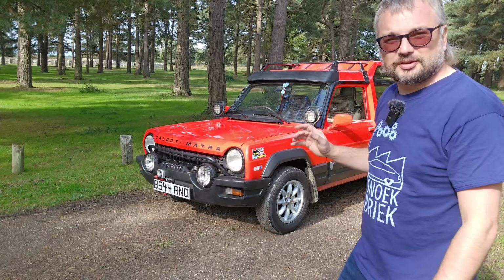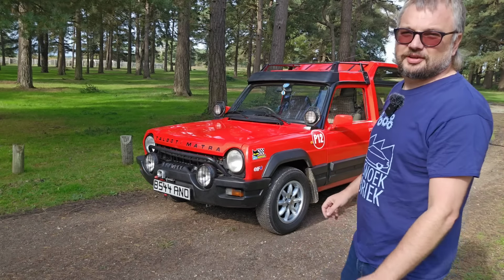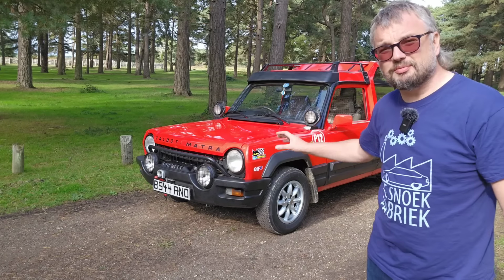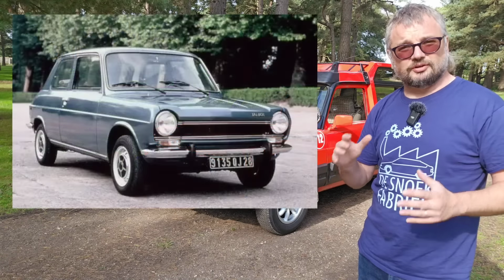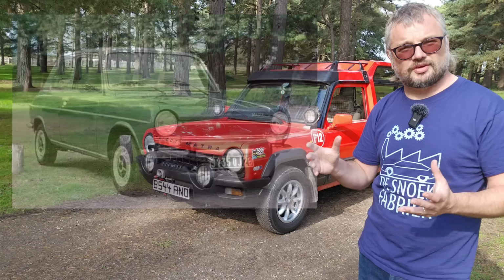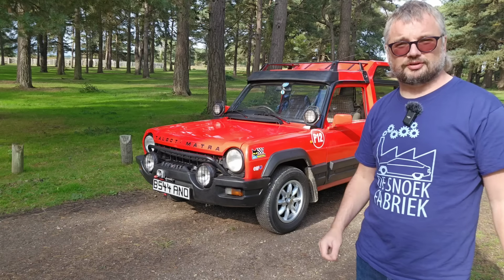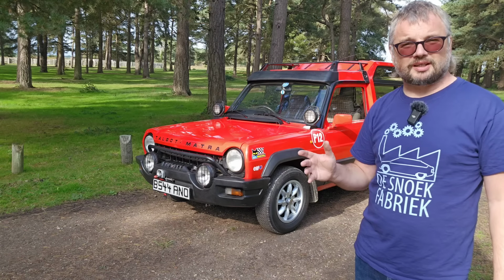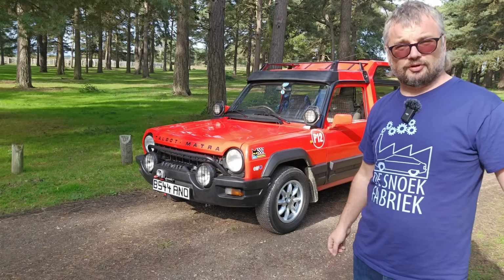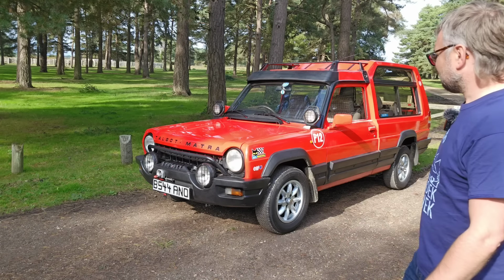So I guess I better explain a bit about what it is and how on earth it came to be. So this is a Talbot Matra Rancho, but the origins of the car are actually Simca. The Simca 1100 launched in 1967, an amazing car, a technical tour de force. It had a transverse engine with an end-on gearbox and a hatchback, perhaps because Simca enjoyed a very close relationship with Fiat, and through Auto Bianchi, Fiat gave us the first transverse engine with end-on gearbox in a hatchback in the form of the Auto Bianchi Primula, and Simca picked up that ball and ran with it and developed this